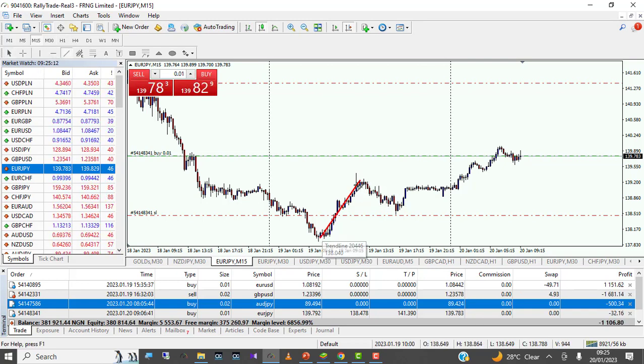Now, this movement upward, we call it impulse, right? Impulse is a drive in the direction of the potential trend, okay? So it pushed up. Then from there, it retraced. This retracement is like resting, okay, to gather more momentum to push up again. So it retraced to this point, then again from there it gathered more momentum, it pushed up, it moved higher